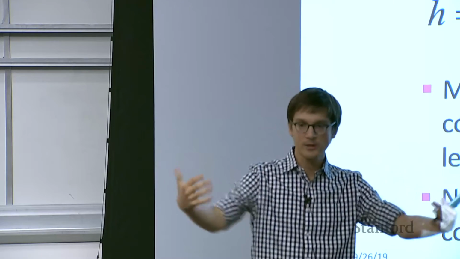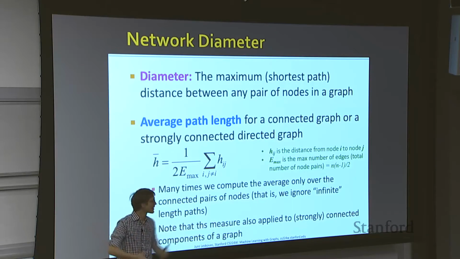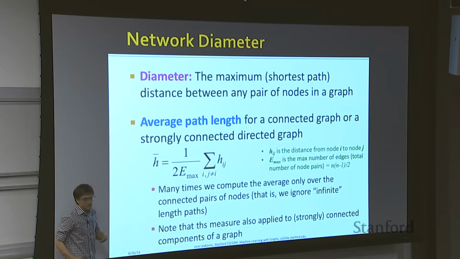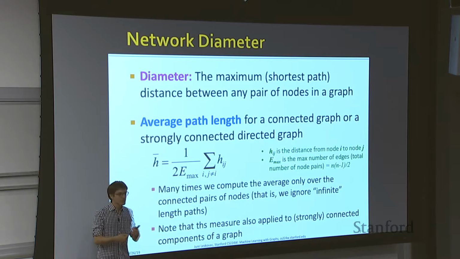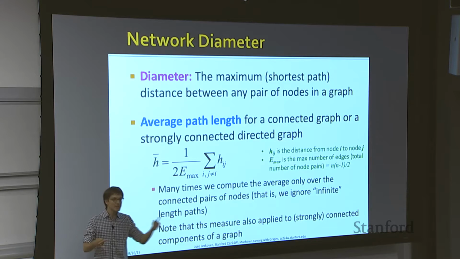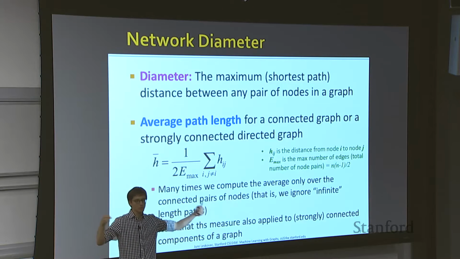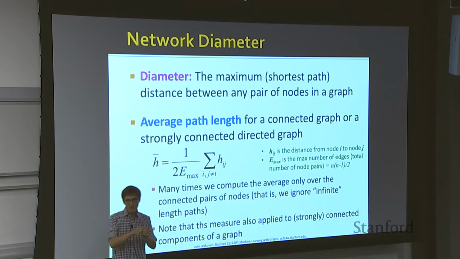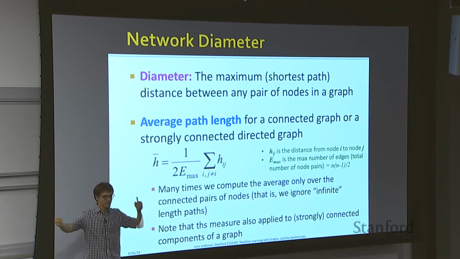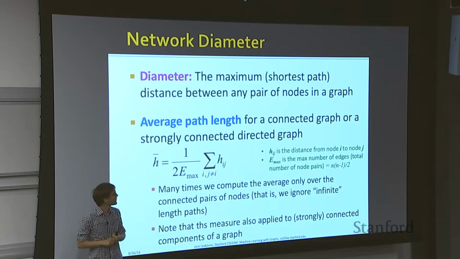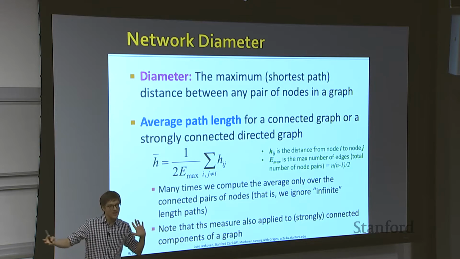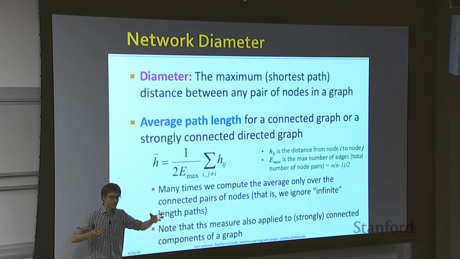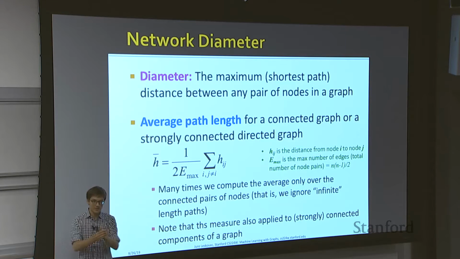Now I want to quantify a diameter, how big is the graph, right? And the diameter, how it's mathematically defined, it's the maximum shortest path length in the graph. So it's actually the distance between the two farthest nodes in the graph, right? So it's the shortest distance between the two farthest nodes, okay? And this is well defined, and it basically tells me that for any pair of nodes, this is the upper bound on the number of steps or the number of edges I need to get from one to